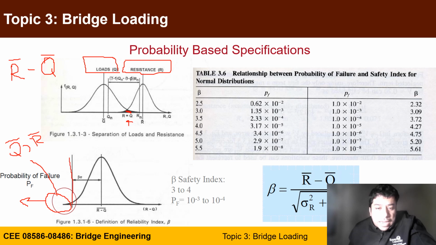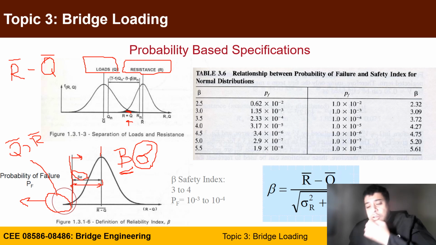However, from this vertical axis, you have a safe design. You also have the mean of R bar minus Q bar, and the distance from the mean to the vertical axis can have a value called beta times standard deviation, and from this distribution you can get the standard deviation. So the beta is the multiplication of standard deviation, and we are always in desire of having 3 to 4